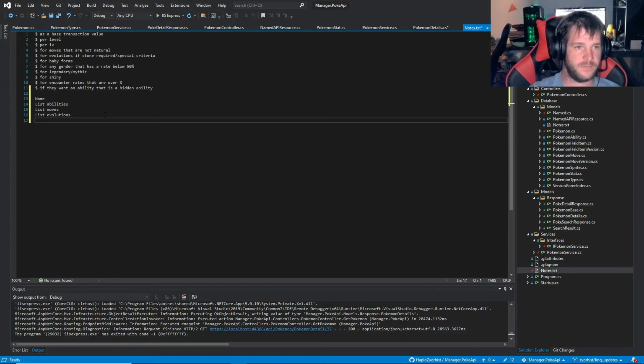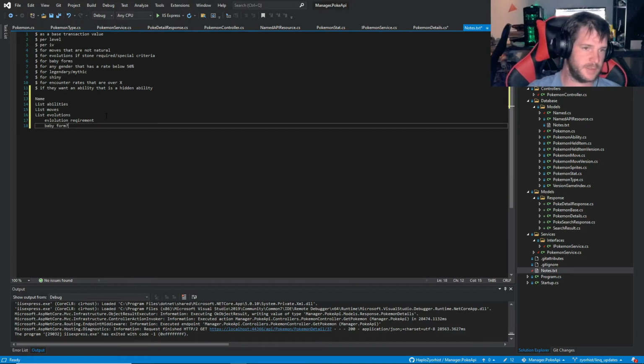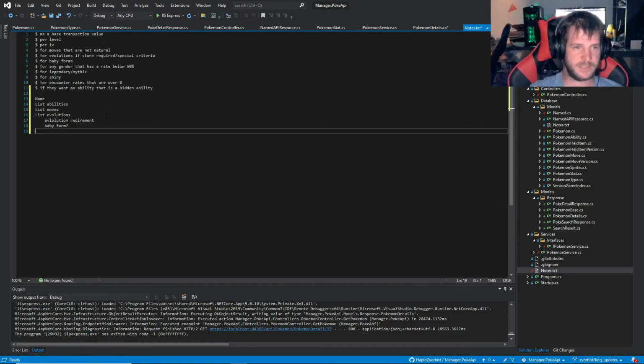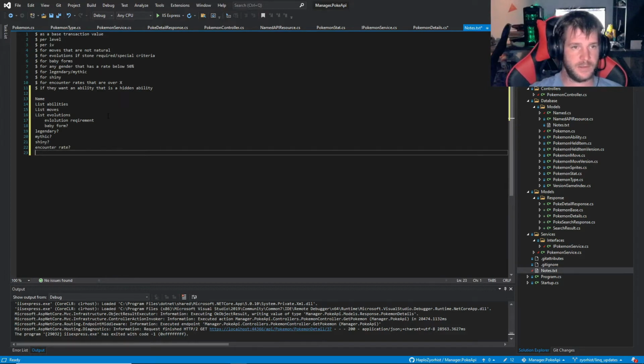We need to have within the list of evolutions, evolution requirements. Baby forms, need to figure out if it is a baby form. I'll have to find a baby Pokemon ID to check it. We need to know if it's legendary or mythic, shiny, counter, rate, and